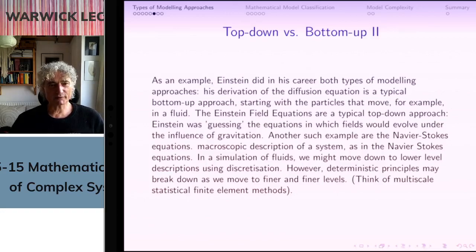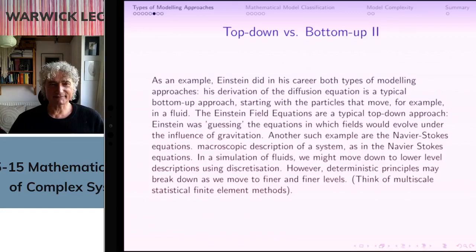Now you can also go the other way around, so bottom-up. And the idea here is indeed not to go right away to the basic entities of the system, and then you aggregate from their properties. So that is a very typical approach, for example, in stochastic processes. And one of the best papers is here from Einstein. He derived the diffusion equation by using a particle approach in his famous paper, and for that he also got